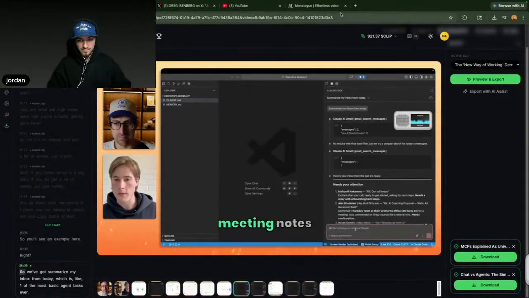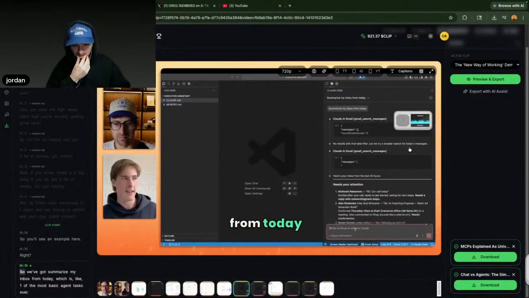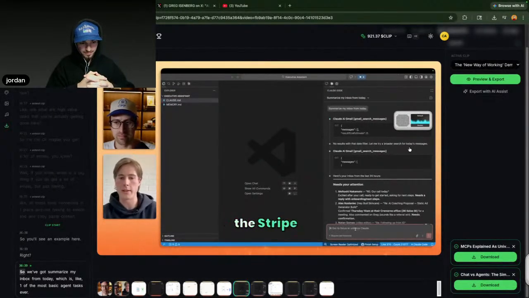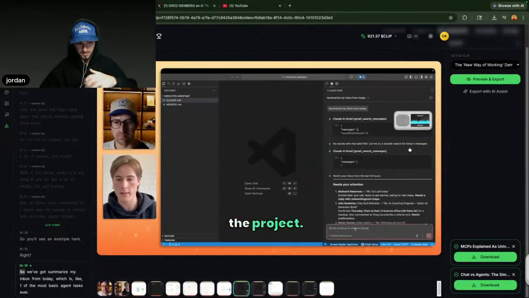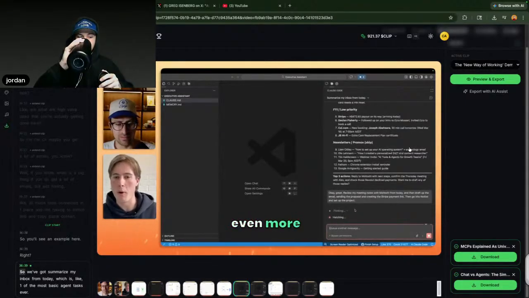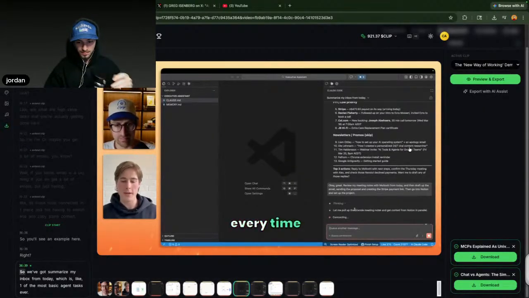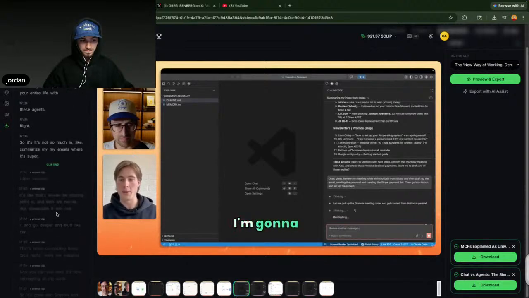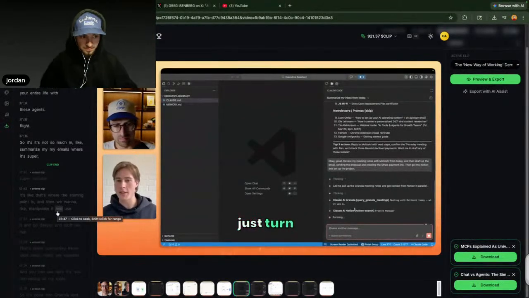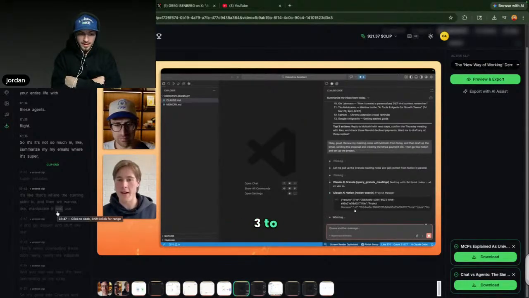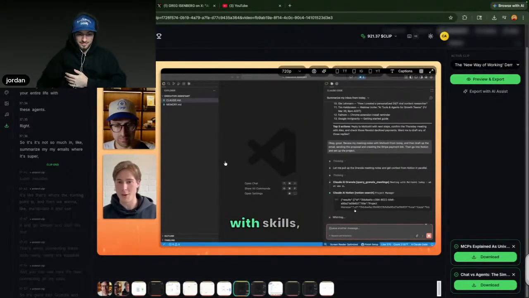Review my meeting notes with Maltoshi from today, and then draft up the email, sending the proposal and creating the Stripe payment link, and then go into Notion and set up the project. And where this starts to compound even more is when you start to build out skills for each of your processes. Because every time I do a process, even like this, manually prompting it, and I know I'm going to do it again at some point, I'll then just turn that into a skill. And then you eventually end up, if you automate like 3 to 5 tiny manual processes each week,